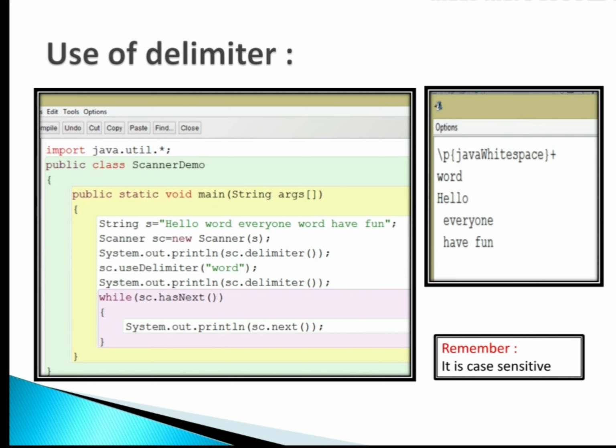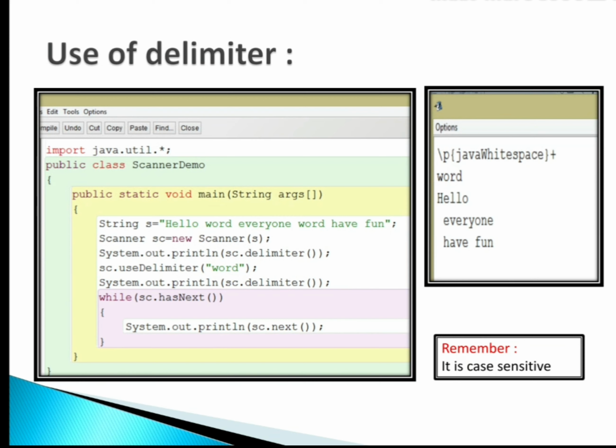A delimiter always breaks a sentence into parts. The sentence is broken into 3 parts. The first part is hello, the second one is everyone, and the third one is have fun. After converting the default delimiter into word, I'm trying to display my delimiter.